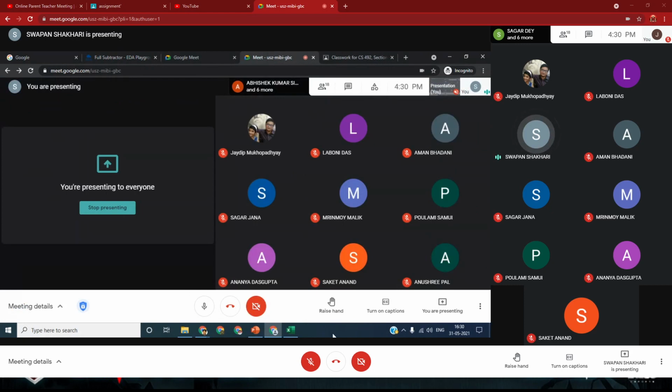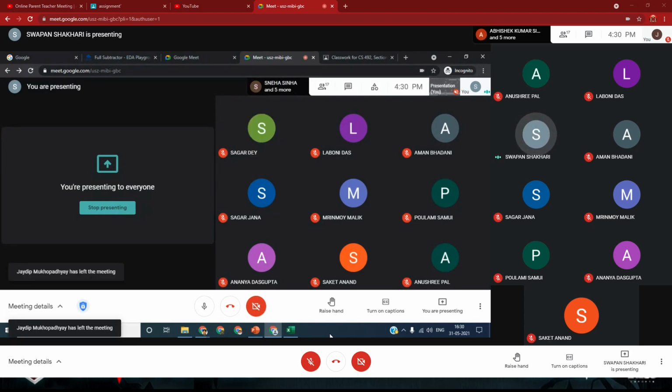Any question? Can you do this? The full subtractor, I think you can easily do this. Next, sir already showed the multiplexer.